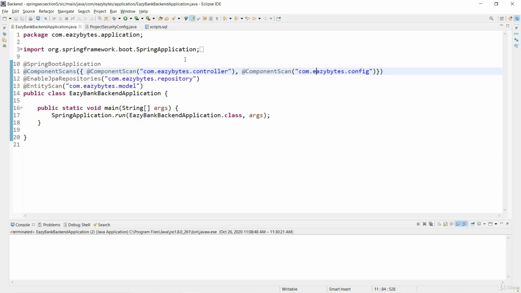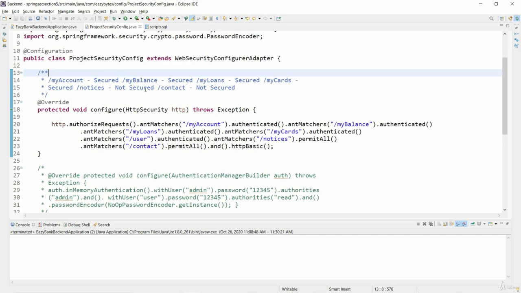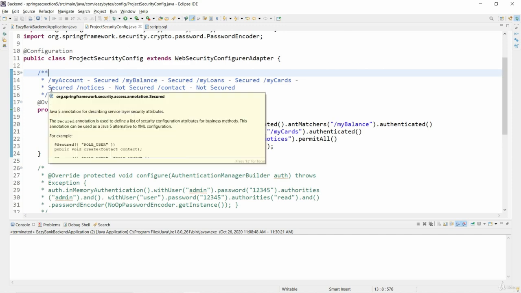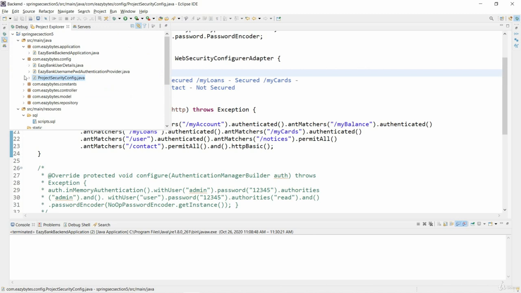In order to display the data on the UI, I have made some series of changes on the backend project as well. I will just give a high level introduction of the changes that I have done. So there is no change inside the project security config, which is related to Spring Security configuration. The change is I have built controllers for each and every service that we have to build, like account, balance,